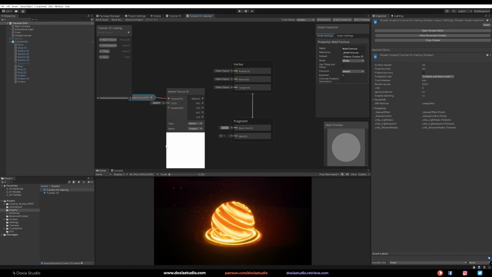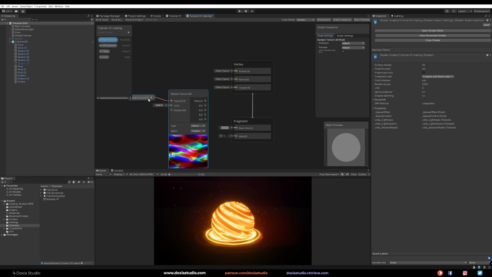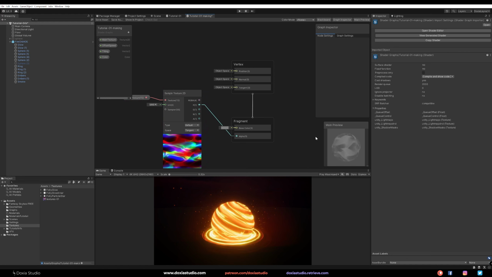So right now we see white here because we don't have any default texture. For our sake, so we can see what we are doing here on shader graph, let's link our texture to our default one. Okay, so we can preview here and pick one of the channels to go to the alpha. And we start seeing something here. If you want, you can right click and change to a quad.